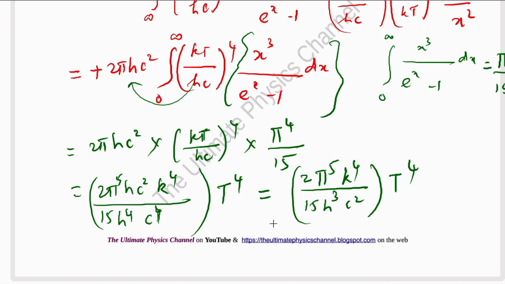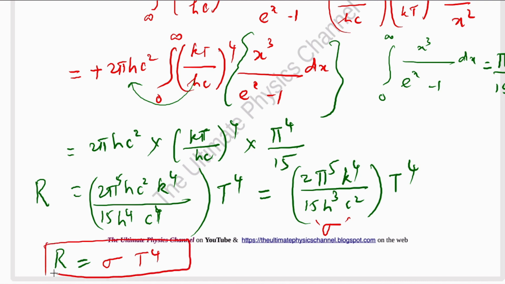t power 4. This is the total power r, and r is equal to, this whole thing is, if you calculate this, would be sigma. So sigma t power 4. So if you plug in these constants, pi, k, Boltzmann constant 1.38 into 10 power minus 23, all these numbers, you would end up getting